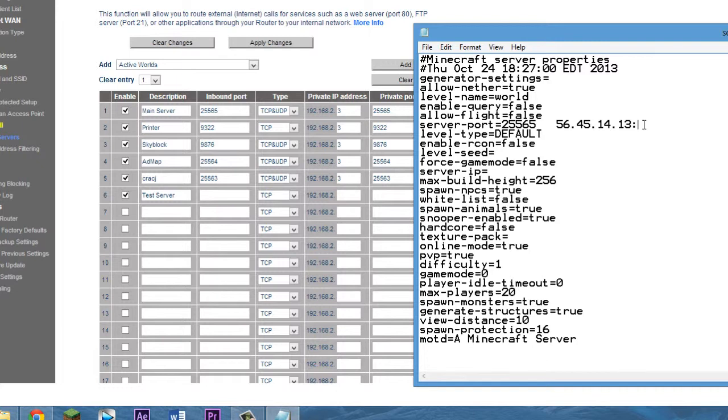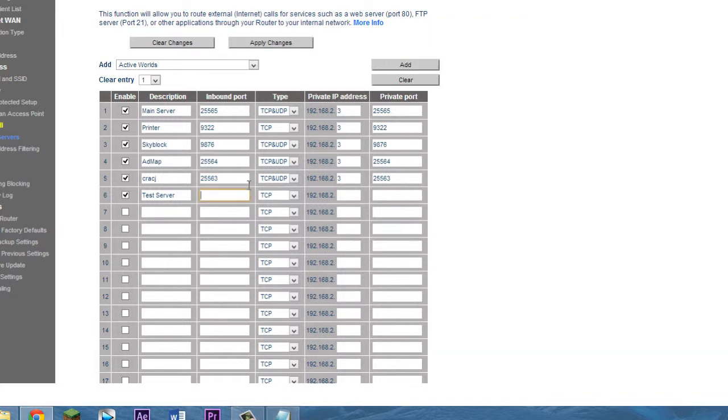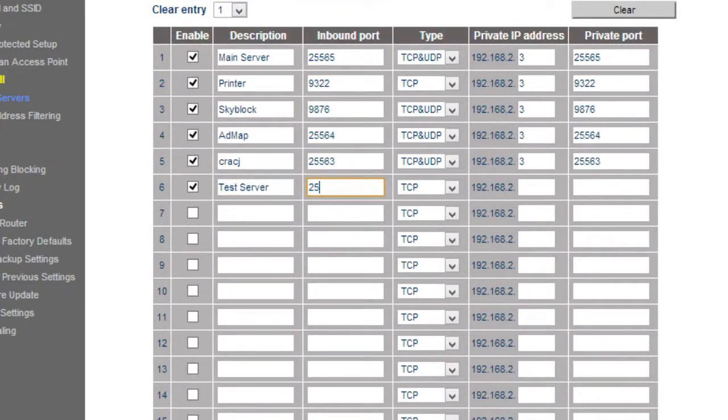You may notice this with some small servers, they tend to have something like 65566 or 406. If you don't want that, keep it 25565, and I'll show you in this tutorial how to keep it 25565. Alright, so now we're going to go to our inbound port, and type in 25565 or whatever this is,